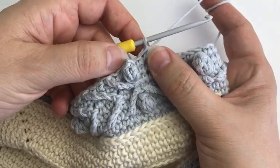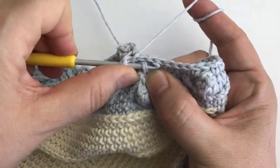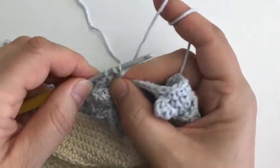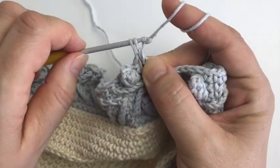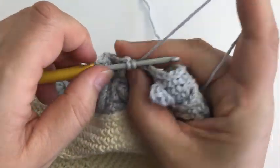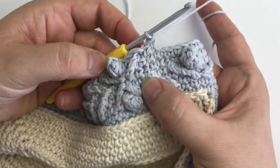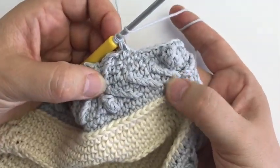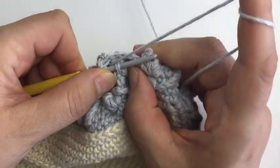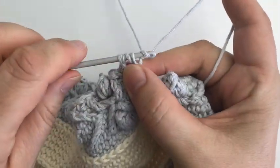So now we need to finish the cross, which means we have to go back into those 2 front loops. One. Okay, skipping the stitch behind, which is this one, 2 single crochet starting from the next stitch. Now we have an arrow. We finish the arrow in the opposite direction, anchor the stitch, anchor the stitch, make a double treble,